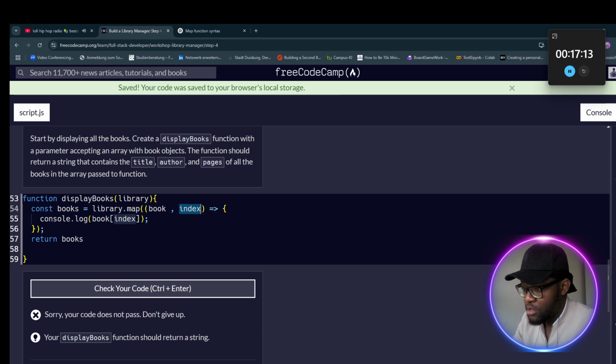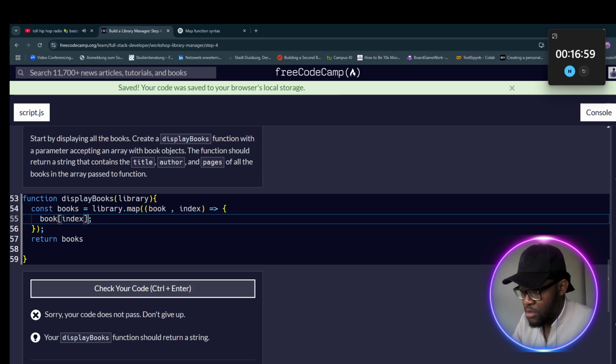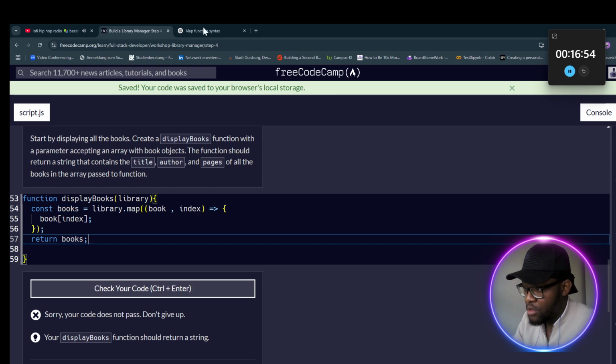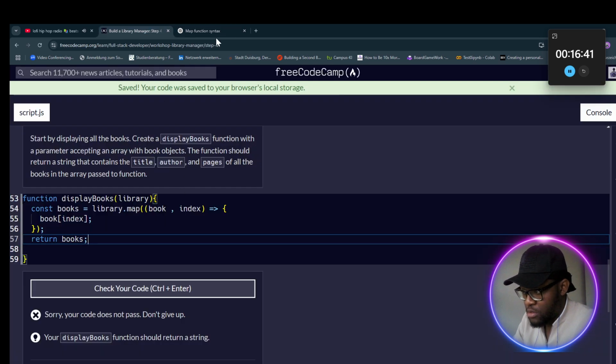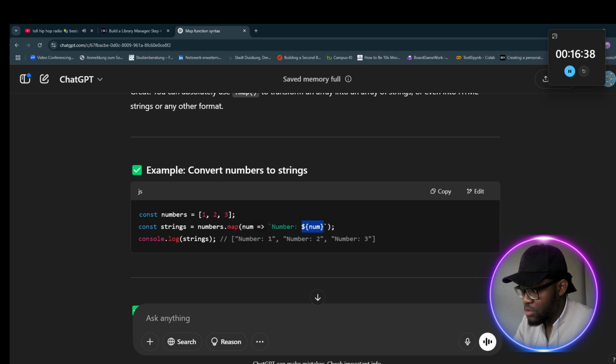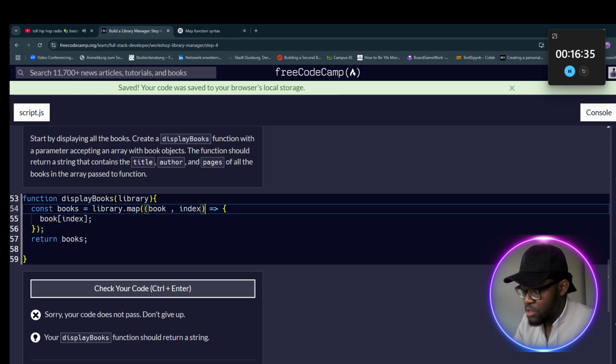Okay, now I understand. It's because of this. Okay. Oh, scheiße. Yeah. Return this. Book index. So console.log was just giving me the arrays. So put in a string. Yes, this is how we put in a string. So normally I don't even need to use this index stuff, but